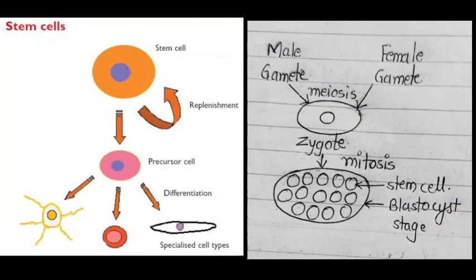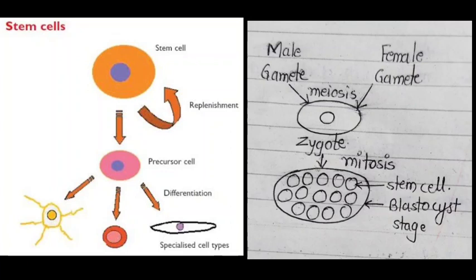On the left side, you can see that the stem cell is divided into different groups. Means they are forming different tissues, and these tissues are performing different functions. Some are making the neurons, some are making the blood cells, some are specialized types of cells, some help in making the bone. Okay, so that's how they are divided.